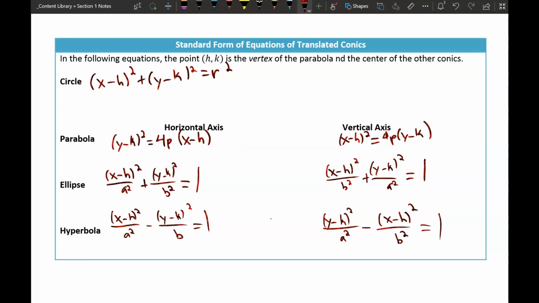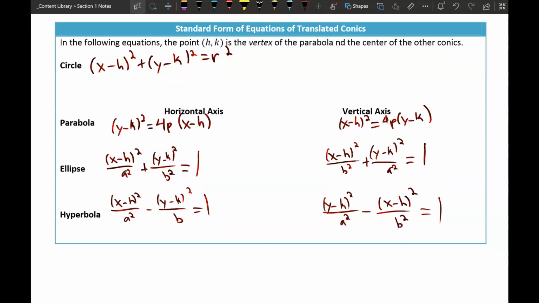An ellipse, remember, our a value is going to dictate whether we have a horizontally aligned ellipse or a vertically aligned ellipse. It's going to be dictated by whichever one has that a value, the greater value. So if that greater value is underneath the x minus h squared, we know that the ellipse is going to be centered with a horizontal major axis. And then we know that this one's going to be centered with a vertical major axis when that a squared